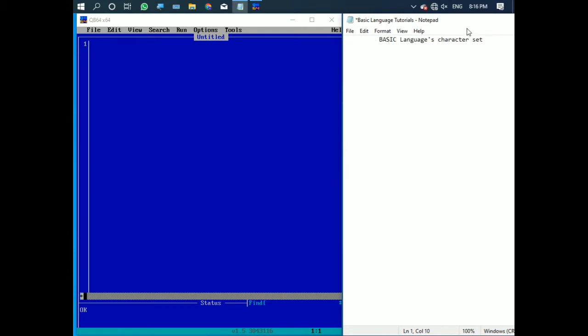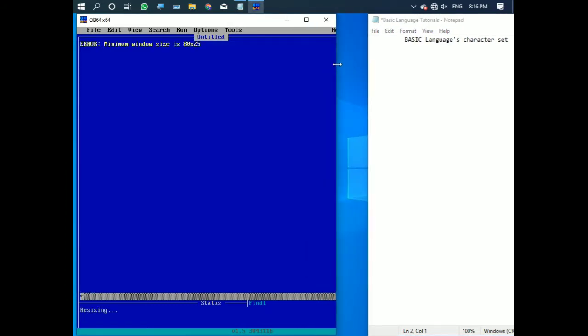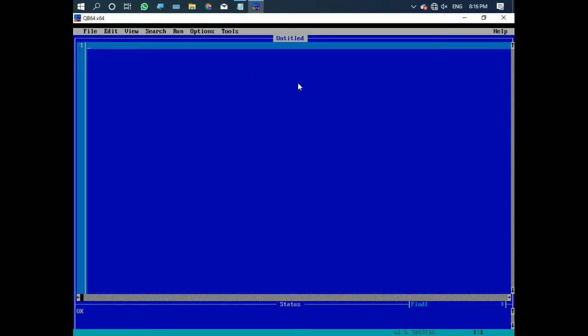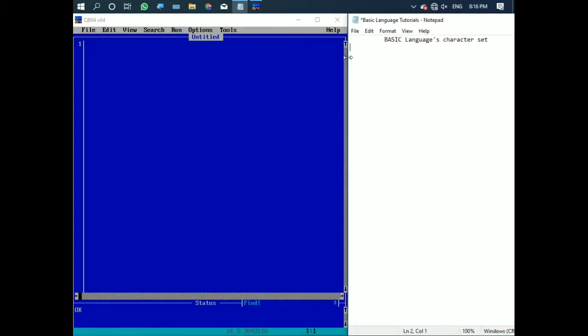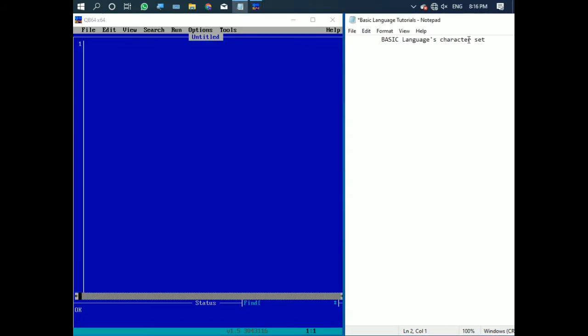So BASIC language character set means what are the characters that are supported by this QBasic. Okay, QBasic is disturbing, so let's adjust it. Okay, it's done now. In the characters section, what we are going to learn first is alphabets.